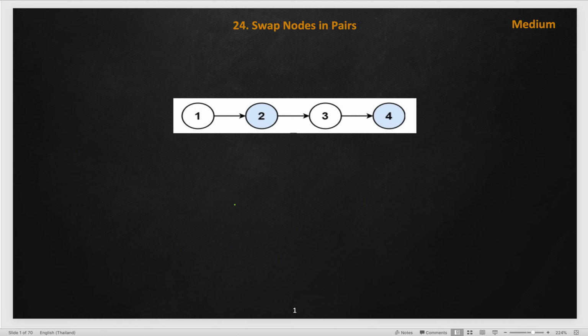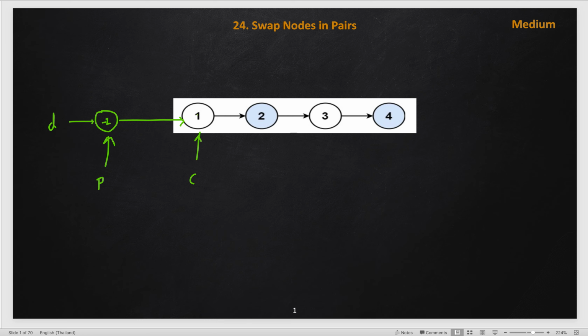So for solving this problem, what will we do? For solving basically any linked list problem, it will be good to use the help of dummy nodes. So we will create a dummy node, any value you can put in the dummy node, because we have to return dummy.next, which will be the actual head node of our resultant list. So this is our dummy node, and we will link dummy.next with the head, and then we will create two pointers. One is the previous node, from the dummy node itself, and another pointer, current node, from the head node itself.